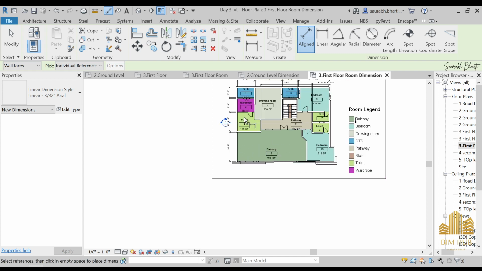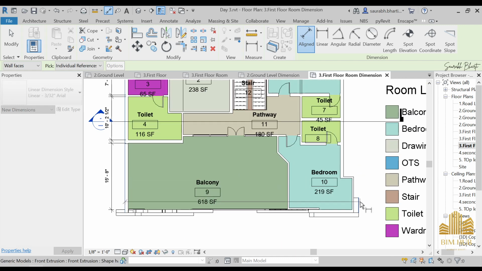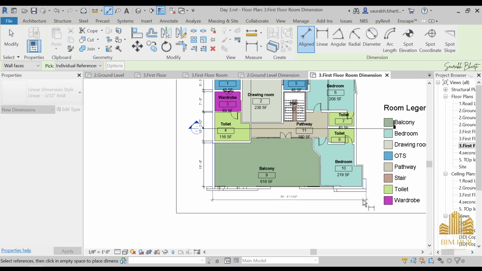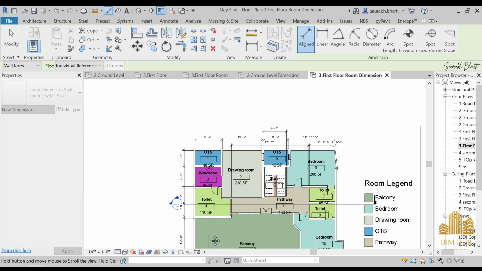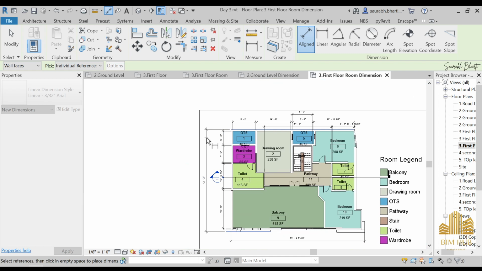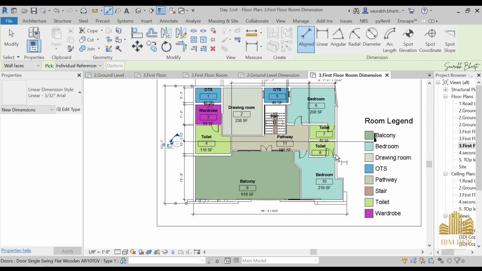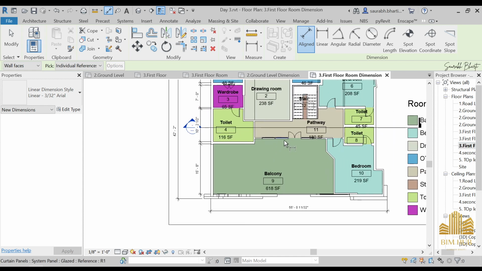No, as I can remember, I'm not provided with the outer dimension, so we're just taking the outer dimension from this place to this place, and it is something like 50 feet, and we have to take the dimension from the front portion, from here to this portion, and it is 40.2 feet, done. So now that we are done with the first floor dimension, is anything left? Yes, I think